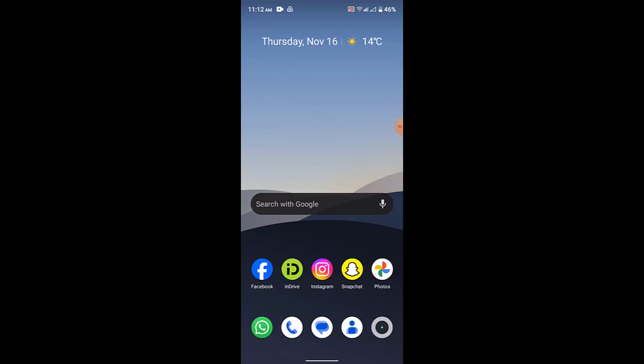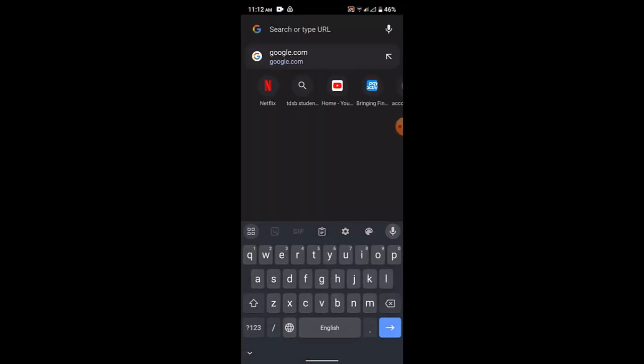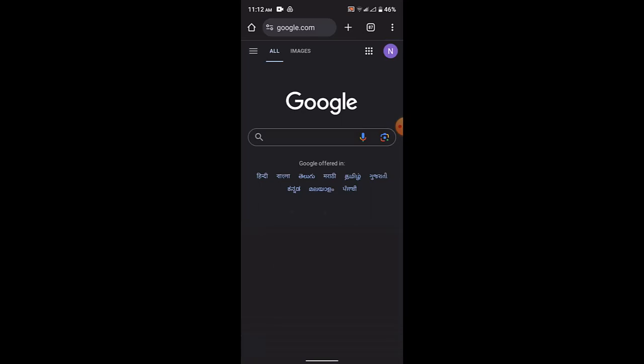In today's episode, I'll be showing you the ways to change your profile picture on Google. In order to change your profile picture, first things first, check your internet connection and go ahead and open up any of your accounts. Now for example, I'm just doing it from my web browser. So once you open up a web browser, you'll be able to see a profile icon in the top right